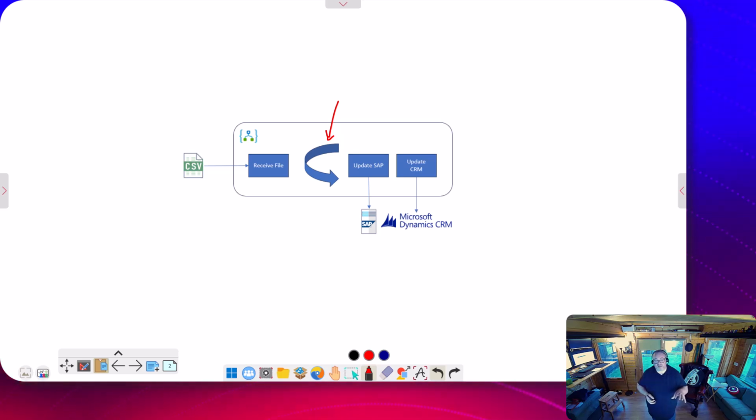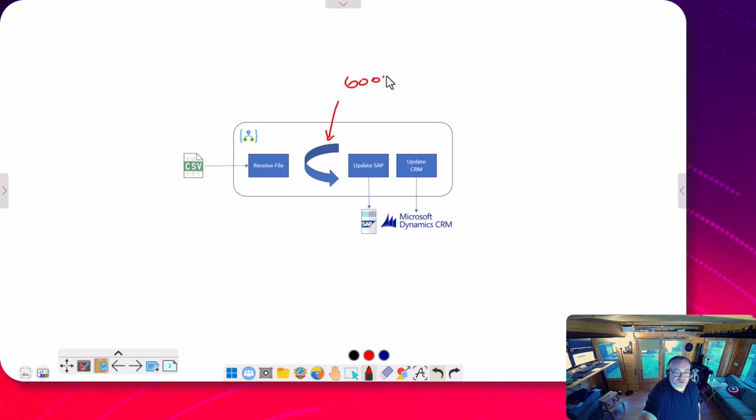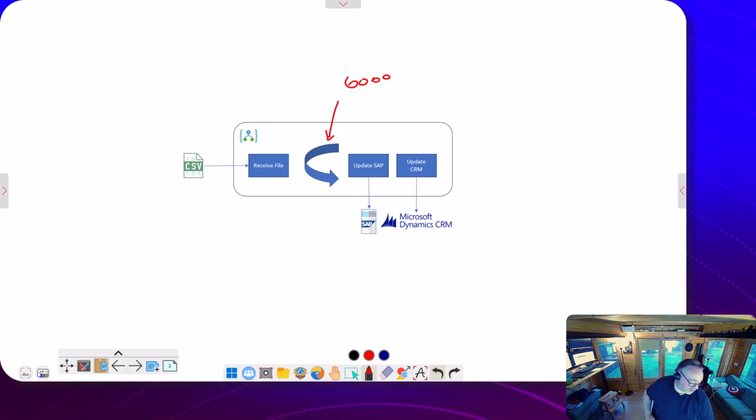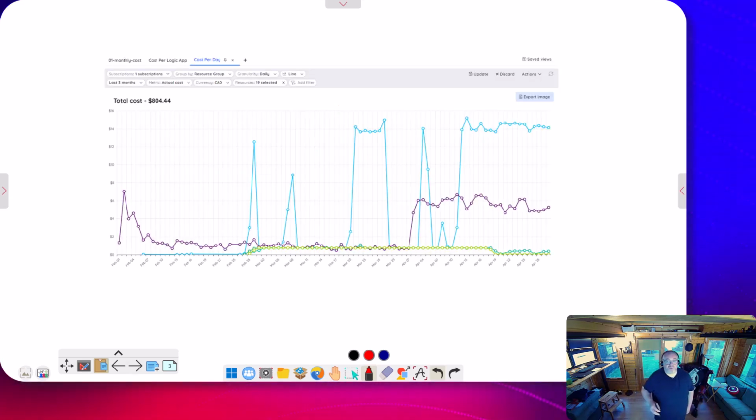Now, what happens here is the files coming in and the records weren't clearing out as quickly, and we're receiving the same file multiple times per day. So there's a lot of duplicate processing where data hasn't really changed here. And I think what we were finding was there's something like 6,000 odd records getting processed, multiple actions. So the cost of this logic app was just kind of building up. Now, here's a view from Turbo 360 showing